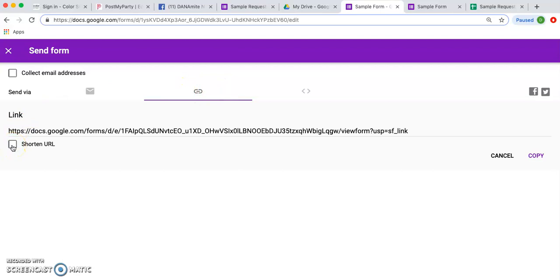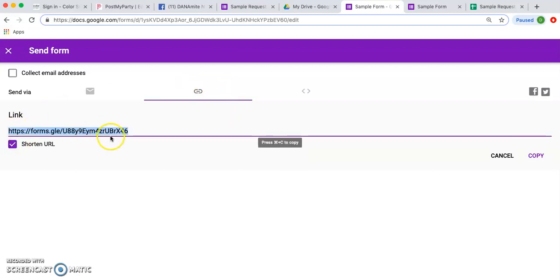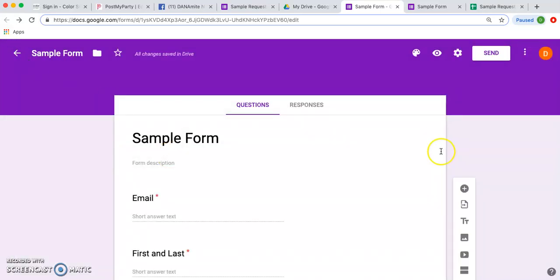And then I always shorten it because it looks like a really long link, and it's just a lot neater if you click shorten URL. I copy this, and then I put it right into my VIP group, share with my parties, send it to people, or whatever I want to do. And it's always the same link, which is very nice. Okay, so once I have done that,